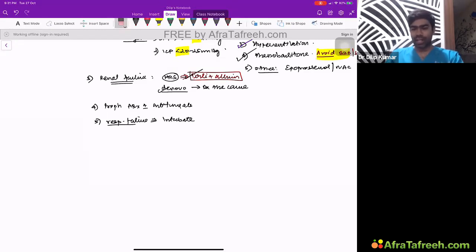Especially if the patient is having grade 3 and 4 encephalopathy, then the incidence of respiratory failure is very high. So in a patient with grade 3 and 4 encephalopathy, you can automatically qualify for intubation. Even though we don't do it many times in practical scenarios, guidelines suggest that if the patient is having grade 3, 4 encephalopathy, it's better to intubate and treat them, because they're at higher chance of developing respiratory